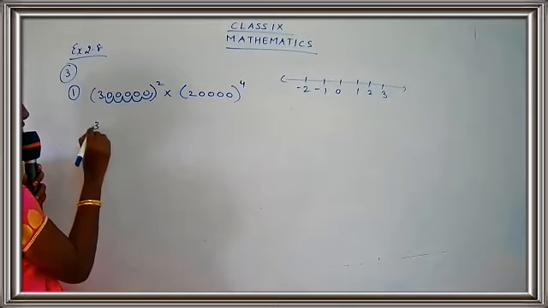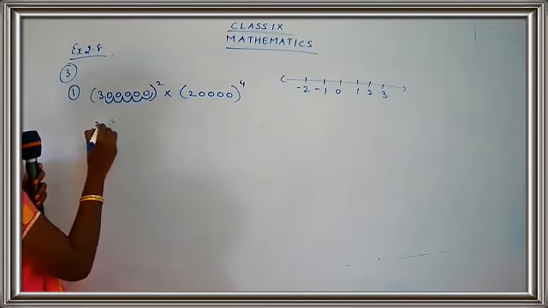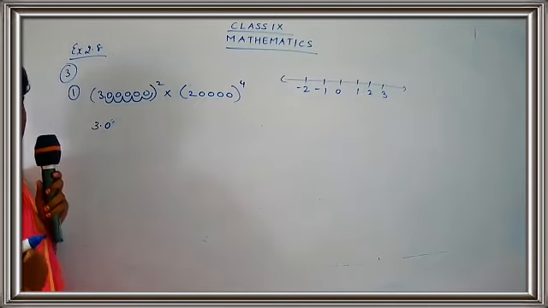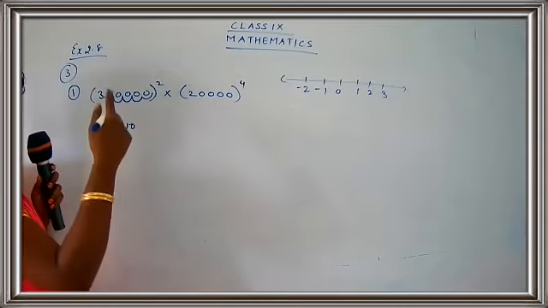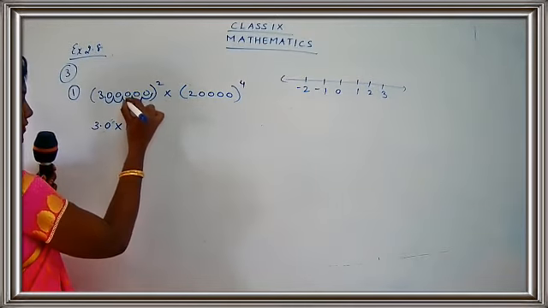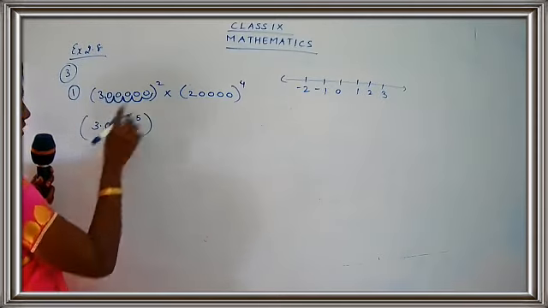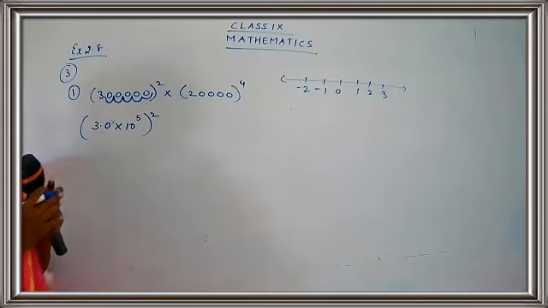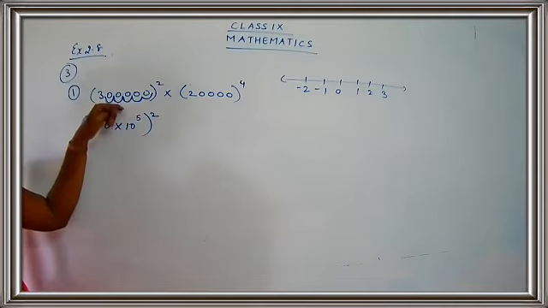So I'll write down here 3.0. I just cannot write 3. Do not just write 3. Always try to write down a number after the decimal point. Okay, so 3.0 into 10 raised to, how many positions was it shifted? 1, 2, 3, 4, 5. So into 10 raised to 5. Very simple thing. I have just written this in the form of scientific notation.